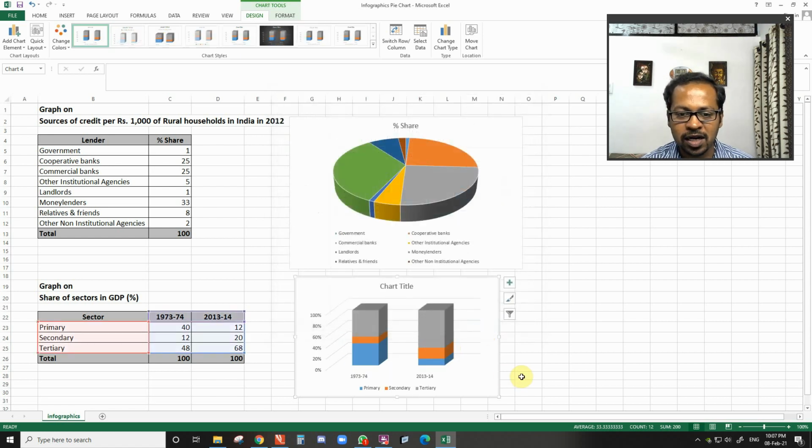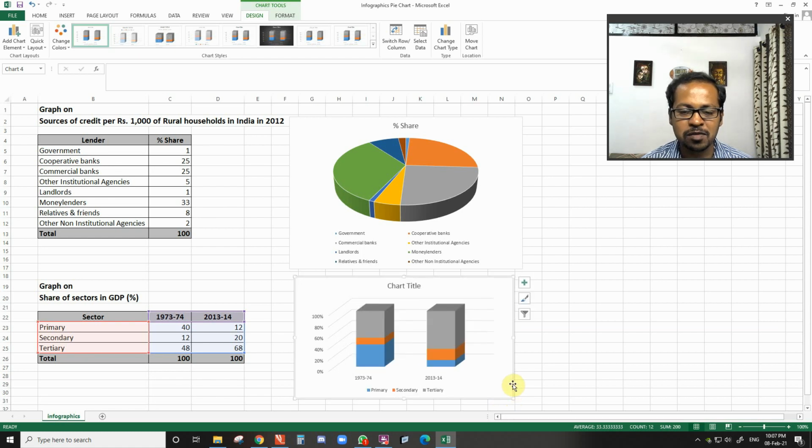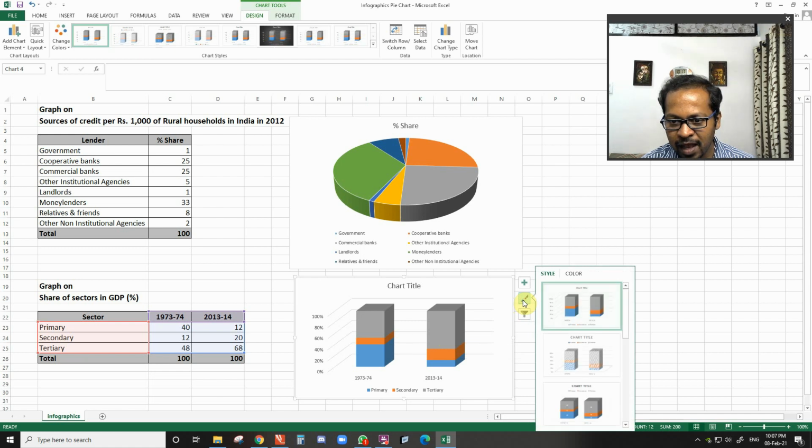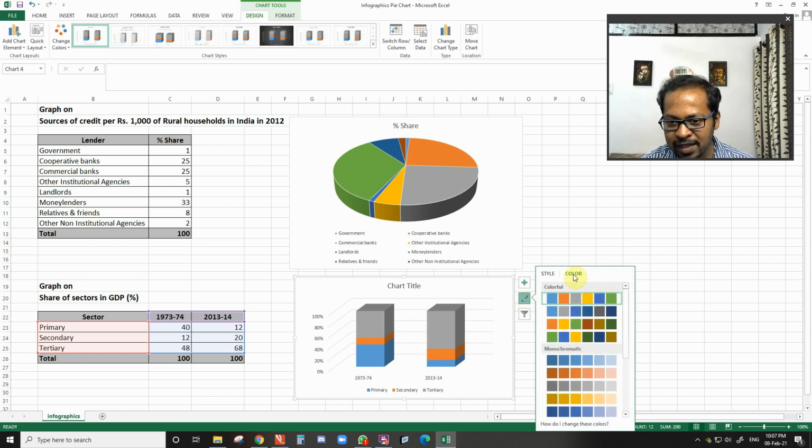So now this chart is looking exactly as given or similar to as given in the textbook, but I don't like this gray color, or if I wish to change the color combination, then also we have the option. I can click on this chart styles and then I will click on color, and then there are various color options available.